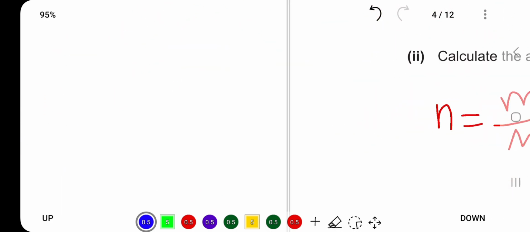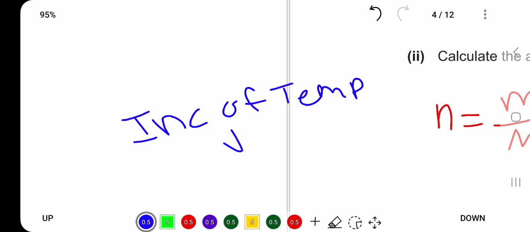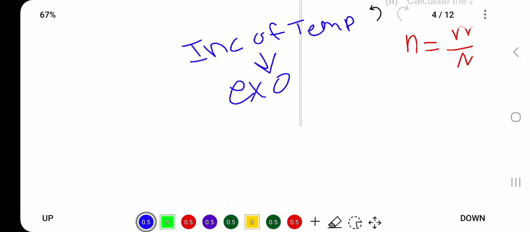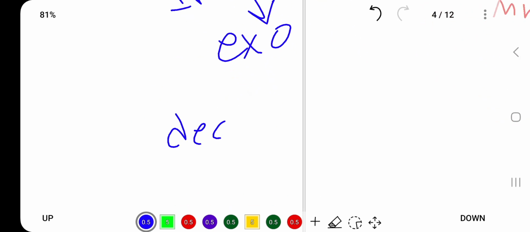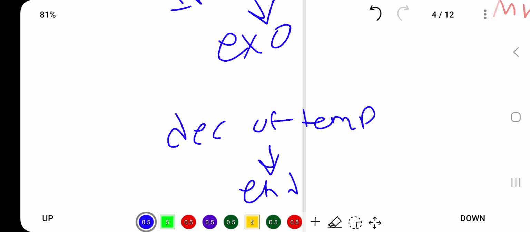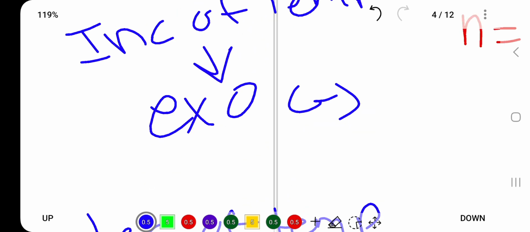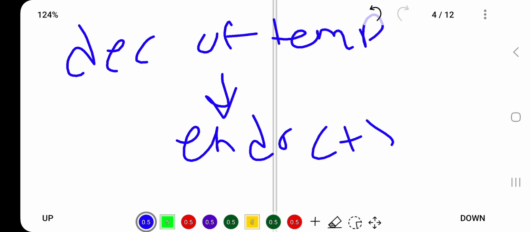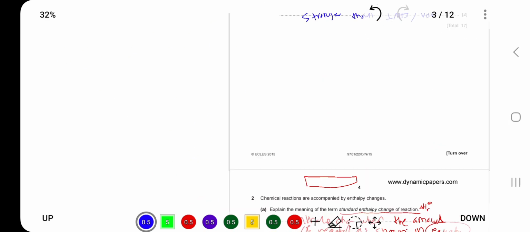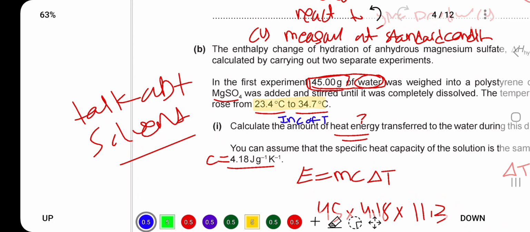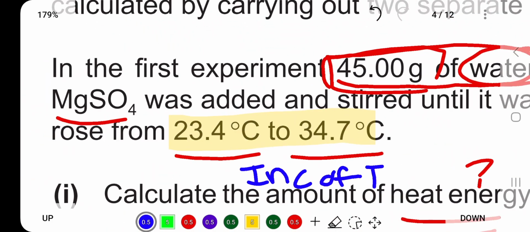So a new rule: when there is an increase of temperature, it is exothermic; when there is a decrease of temperature, it is endothermic. So exo is negative, endo is positive. So since there is an increase from 23.4 to 34.7,